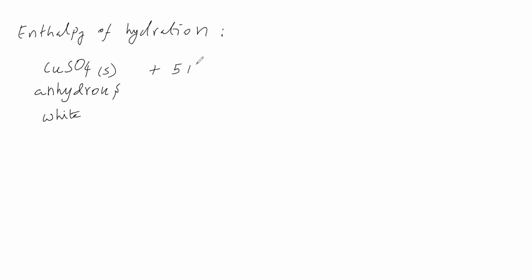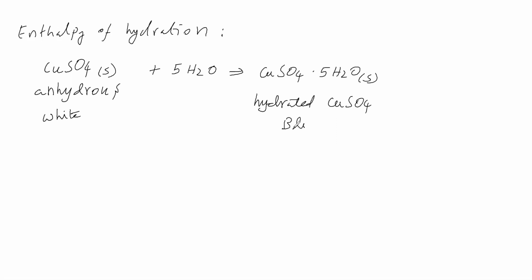It takes a required quantity of water. This anhydrous copper sulfate takes the required quantity of water and gives CuSO4.5H2O. This is called what? Hydrated copper sulfate. It is solid, blue color. This is anhydrous copper sulfate. Anhydrous copper sulfate means here no water molecules. It is white. This anhydrous copper sulfate takes the required quantity of water and gives hydrated copper sulfate. This formula CuSO4.5H2O, blue color.